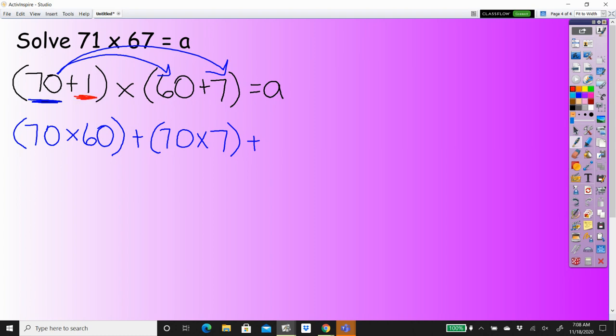And I go from underneath with my arrows so that I do not cross paths. And I'm going to distribute the 1. 1 times 60 plus 1 times 7 equals